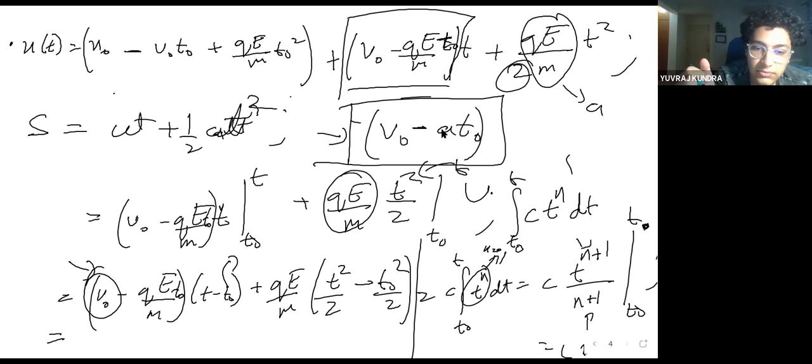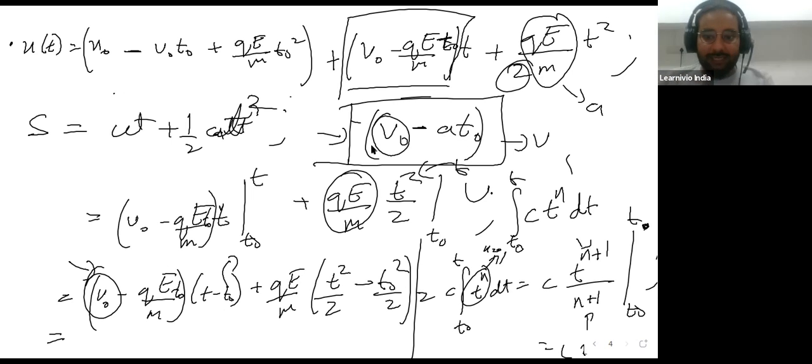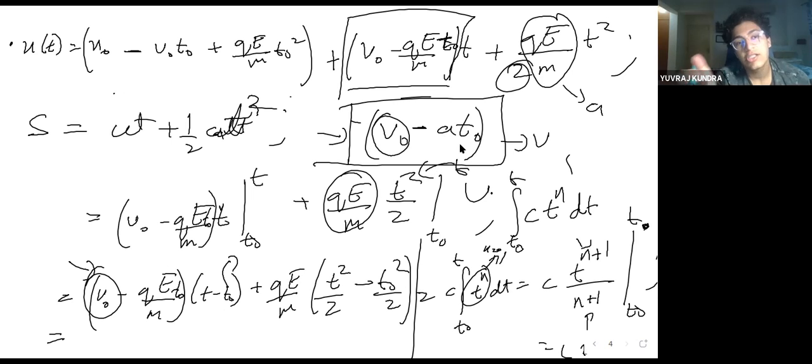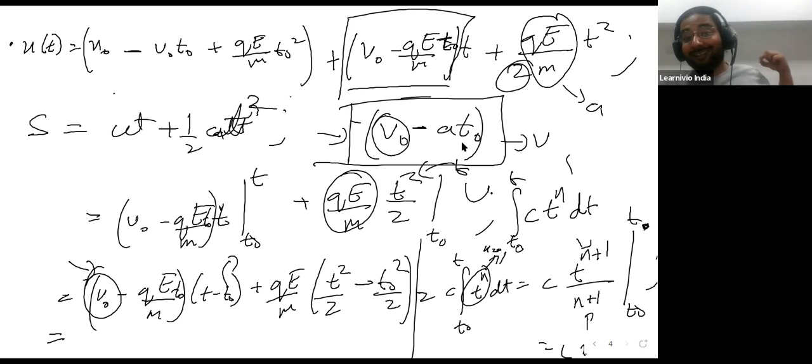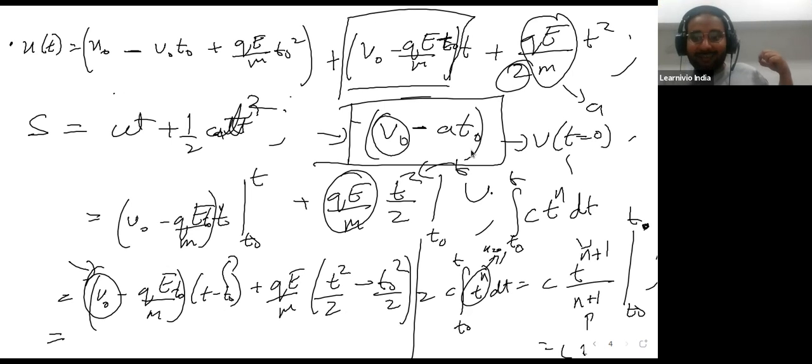But your acceleration is just a constant also. So this is essentially your velocity at what point though? You're taking the velocity at this point right now. That's the initial point because it's t naught, right? So it would be the initial velocity, at t is equal to 0. Yes, sir. At t is equal to 0, because t naught is 0. So this is velocity at t is equal to 0.